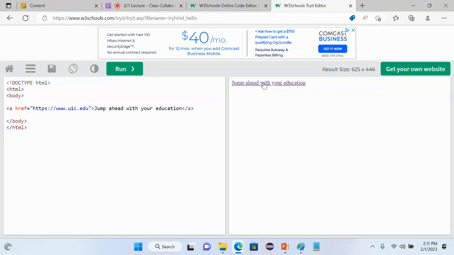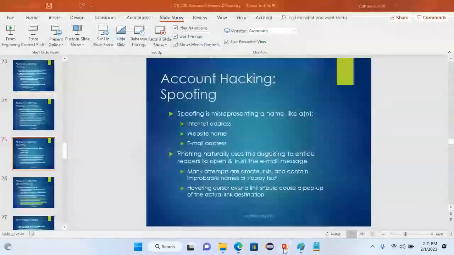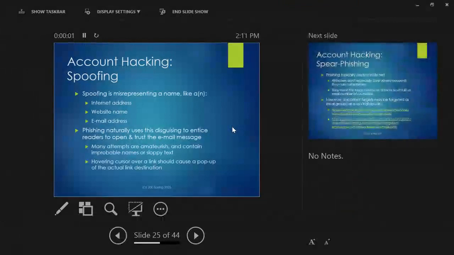Of course, like a lot of things that aren't designed to be evil, they can be used for evil. Spoofing is one of those things. So phishing naturally uses this kind of spoofing to get people to open and trust the email message. If you got an email and you open it up, and the actual link goes to stealyourbank or criminalsyndicate at bulgaria.net, something like that, you're not going to click on that.